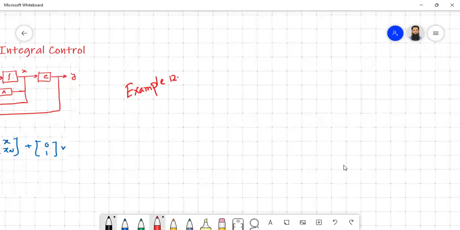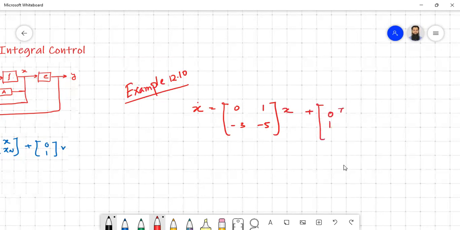Example 12.10. The system is given x dot equal to [0, 1; -3, -5] x plus [0; 1] u, y equal to [1, 0] x. By looking at the equation, you should have realized that the system is represented in the phase variable form. The problem has actually two